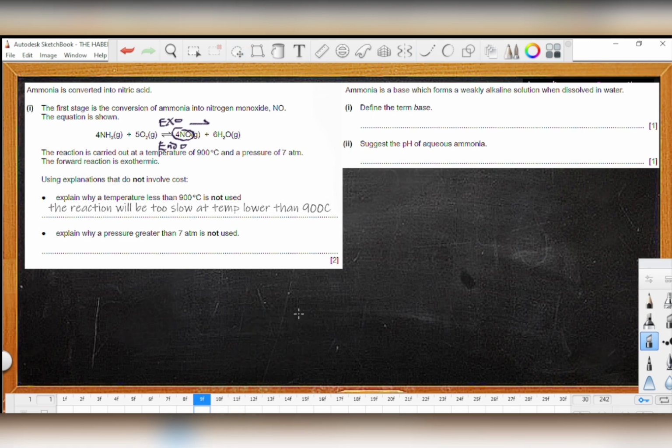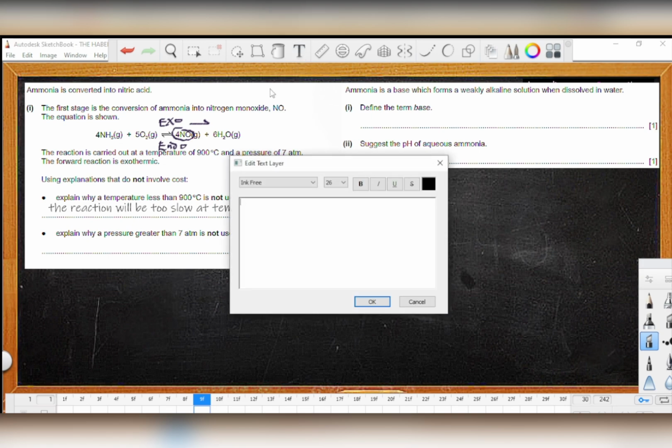Explain why a pressure greater than 7 atm is not used. You see, increasing pressure is supposed to favor the formation of... okay, we have 5 and 4. We have this. Increasing pressure will favor this actually. But if the question is asking why a pressure greater than 7 atm is not used, it is because high